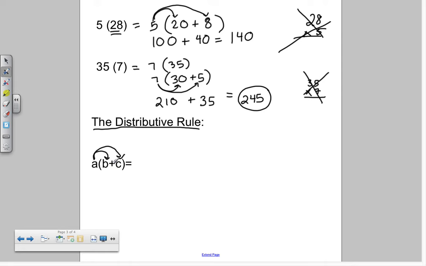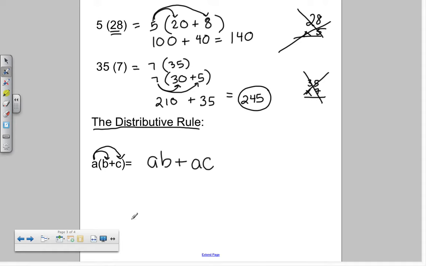I'm going to show the rainbow because it helps remind you that the A has to be multiplied by both things in the parentheses. So A times B, AB. The plus gets replaced, and A times C, AC. And I cannot do any more than that, okay? So that's the distributive rule. That's the distributive property. And you can write it using algebra. And I think it would probably be good in your note to self to explain it using words. Okay,